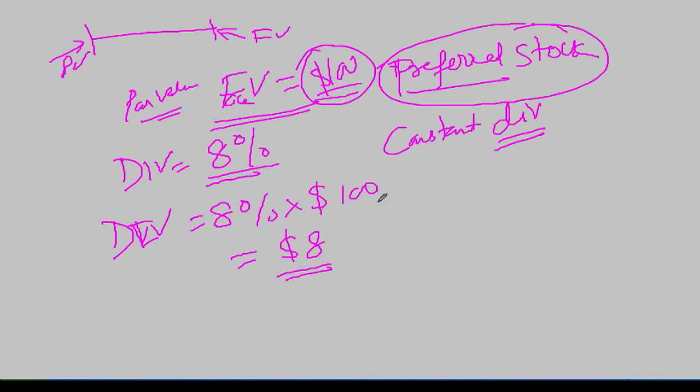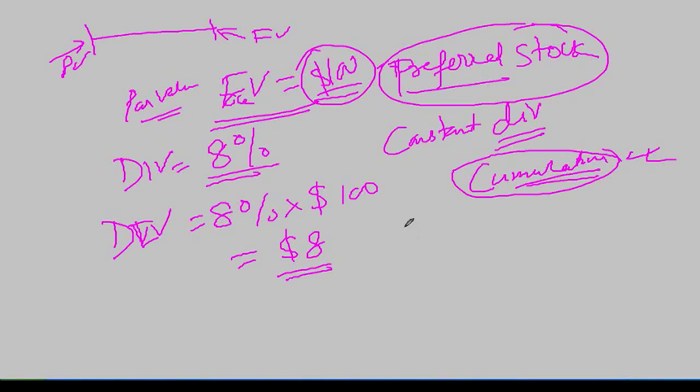Now there are lots of different types of preferred stock. There is one type which is called cumulative preferred stock, where if you do not give dividend in any one particular year, make sure you give the dividend in the next year along with the interest. We will assume that in our preferred stock, the companies pay dividend every year, without fail. This is one assumption. In reality, it may not happen that way. Now this is a preferred stock which pays a dividend of $8 every year.